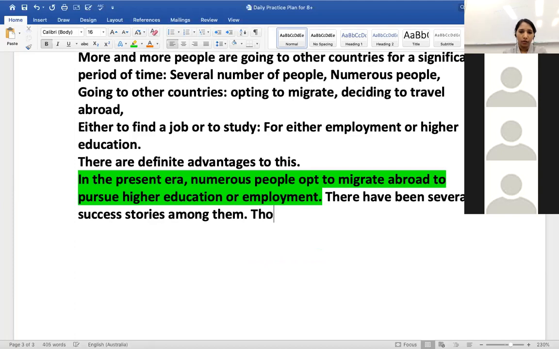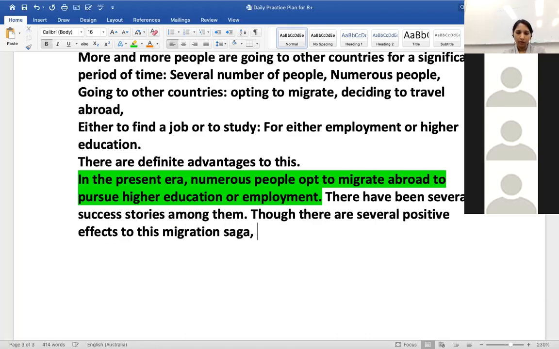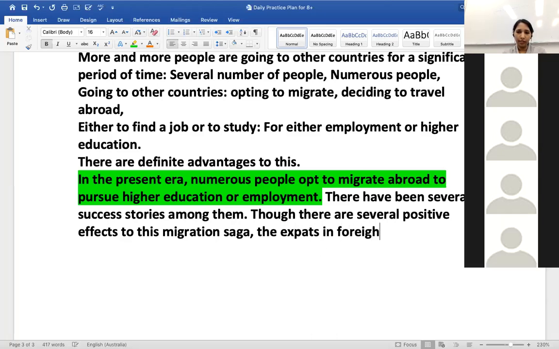So you would say, though there are several pros, although there are several positive effects to this migration saga, there seem to be, or there are, or you would say, the people who, or the folks, or the expats in foreign countries